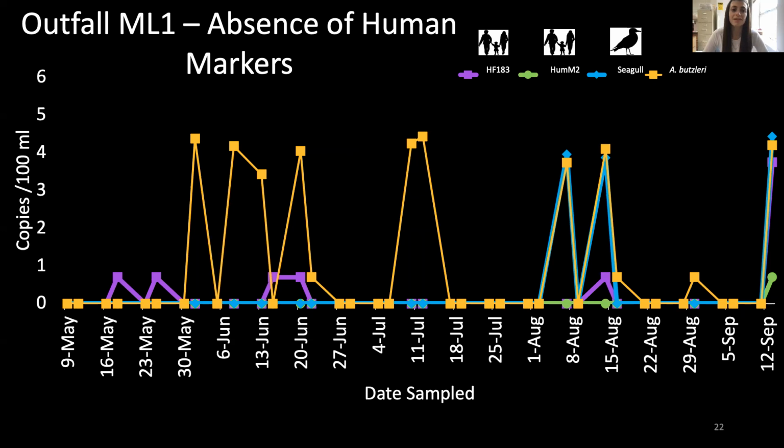So now we're going to briefly discuss another outfall in McCall Lake, ML1, which has a much lower frequency of human fecal contamination. As a reminder, ML1 was the outfall that was made up of mixed areas, so industrial, residential, transportation, and parks and rec. Here our blue line is LeeSg, which is a qPCR specific marker for seagull, which was our second most dominant marker behind ones for human fecal contamination. LeeSg was seen sporadically throughout the season, as would be expected, and at times with Arcobacter. So even in the absence of human markers, we also saw a spike in LeeSg associated with Arcobacter.